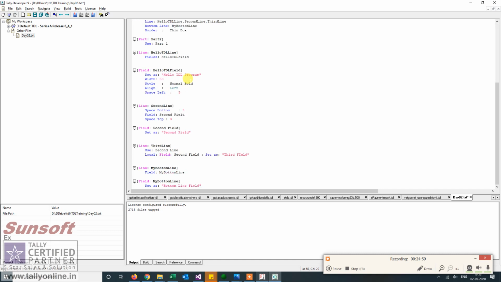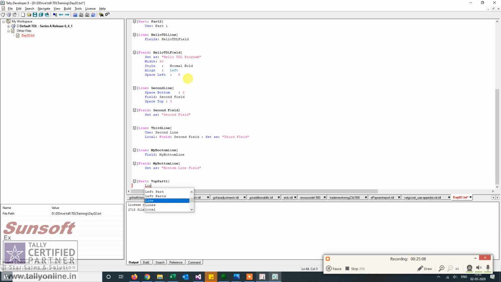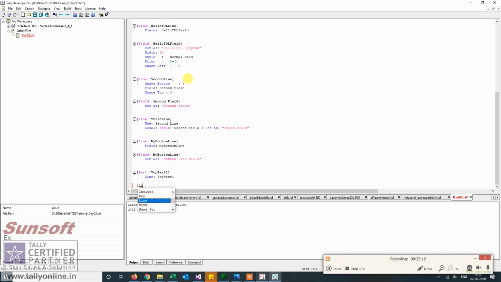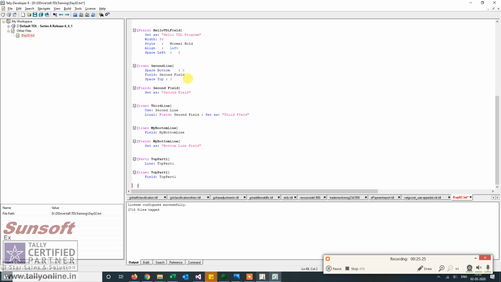So in the top part, I define very quickly, I'll be defining certain things. So inside a part, I define a line, and inside a line, I'll have a field.